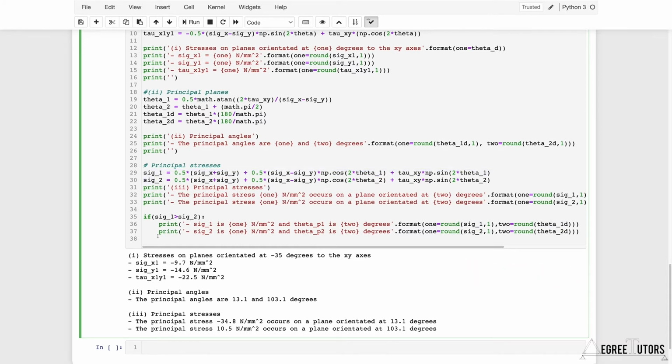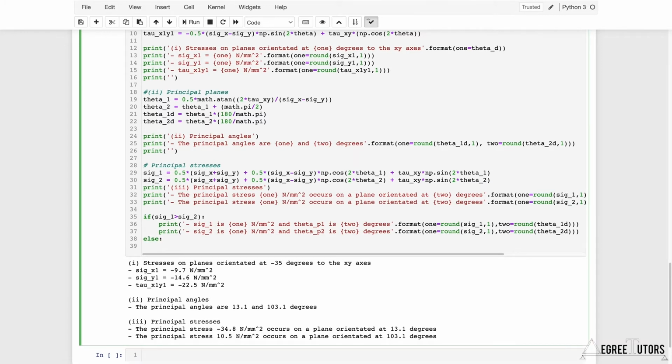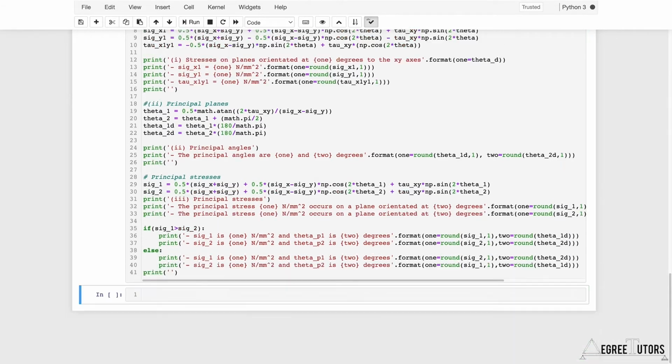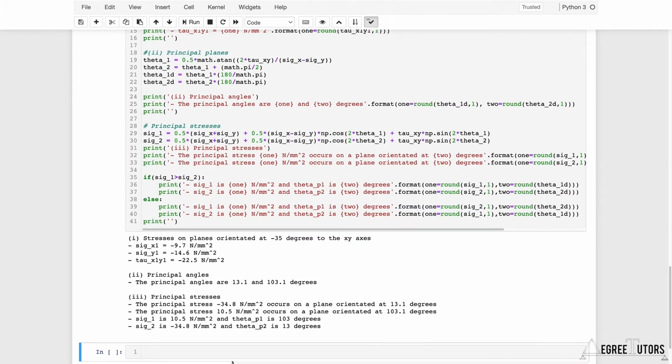Now, otherwise, I need to swap them around, don't I? Which is the case that we're in here. So otherwise, and I'm just printing a little space out here at the end, but otherwise, we're going to say sigma 1 needs to be actually sigma 2, and theta p1 happens to be theta 2 essentially. So now, if I run this, what you'll see is a little set of statements here,